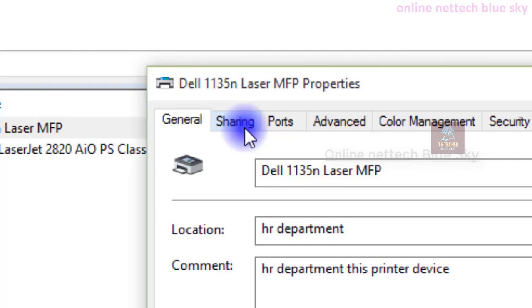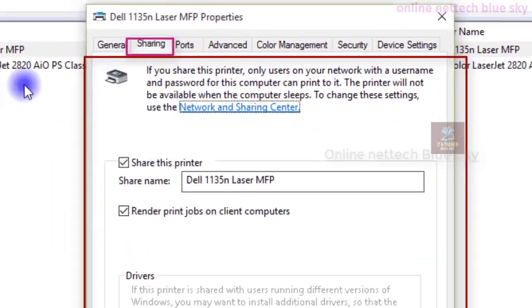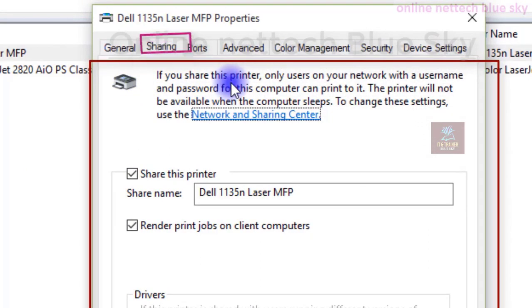So sharing is very important: you share a printer from one computer to other computers. So 3 PCs are added to this system, and 3 PCs are using this system here.